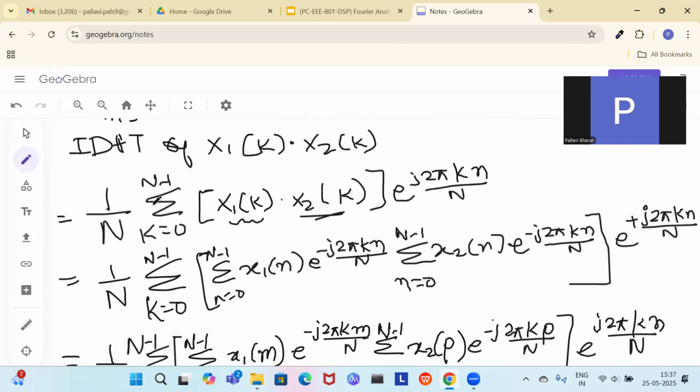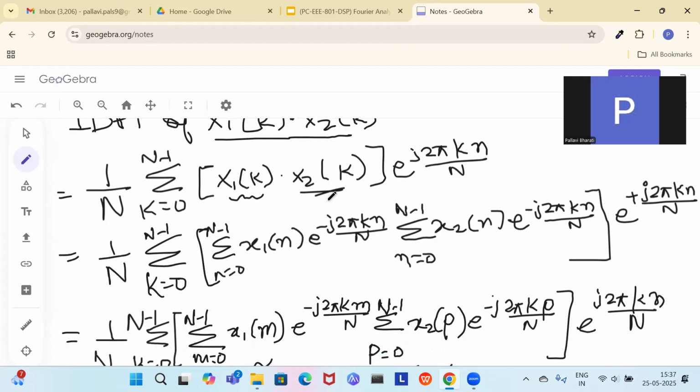When you take the inverse DFT, you will first write the formula of inverse DFT. This full thing you will take as one single unit, and then you write the formula here. After that, you write the DFT of this one and this one individually. Then next what we did was,